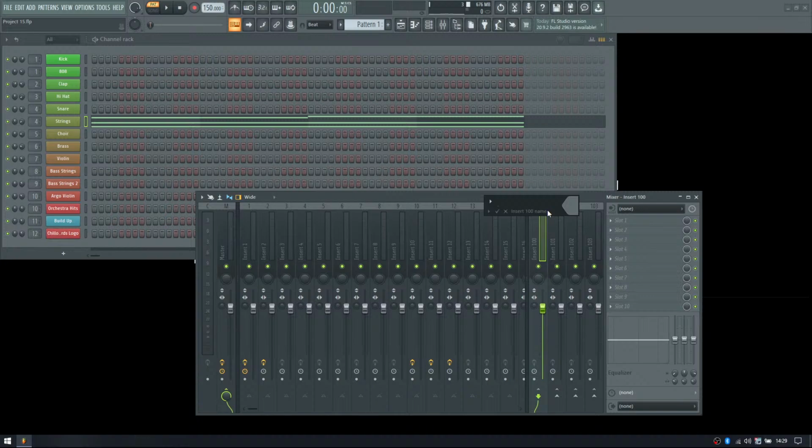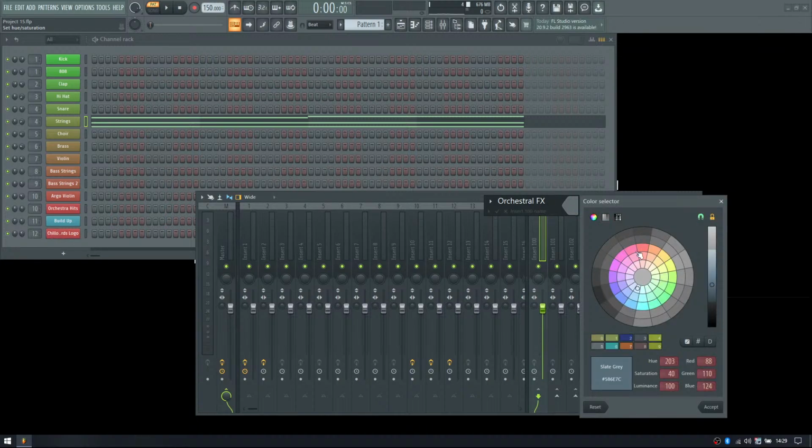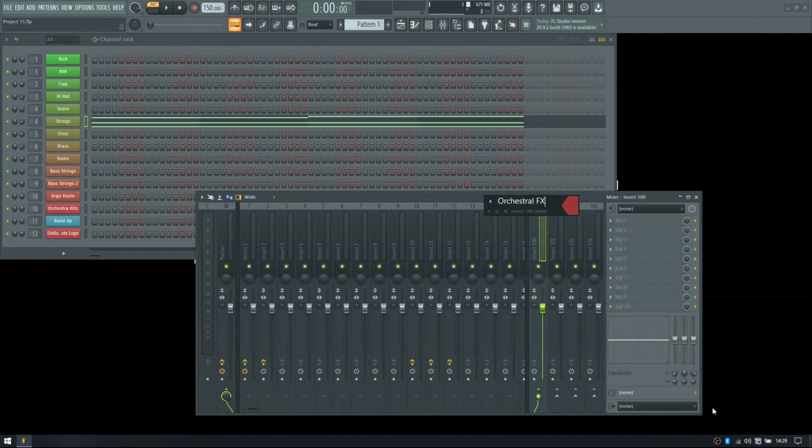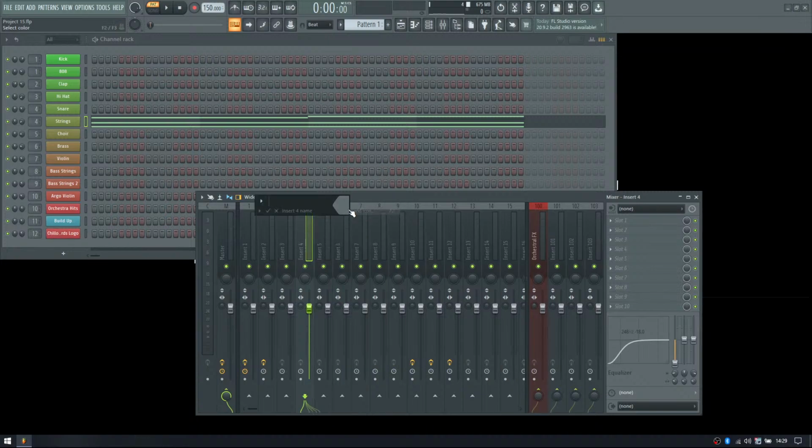We're going to call this the orchestral effects. And we're going to give it a nice red. So everything orchestral related is going to get into this channel 100, and then that channel is going to go into the master channel. Okay, so we're saying channel 4 is the strings, so we're going to rename this to